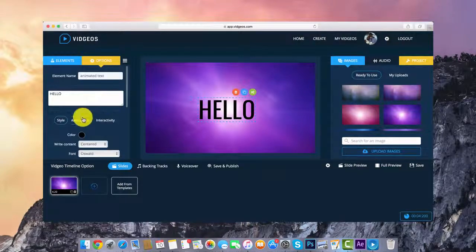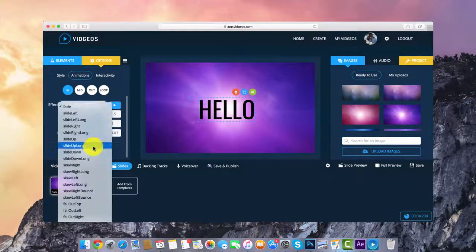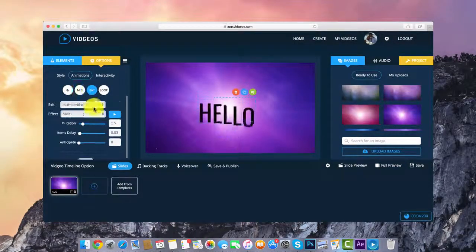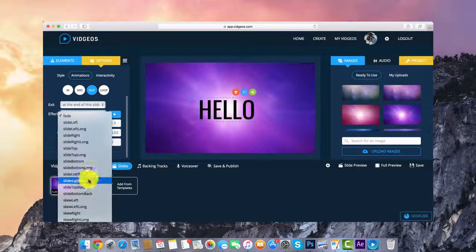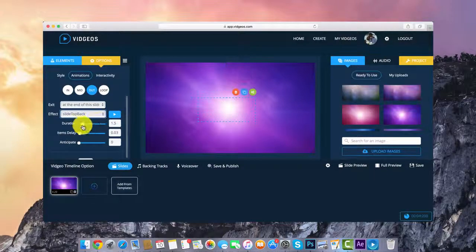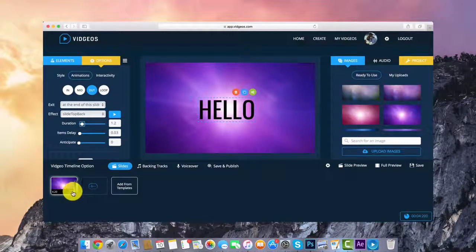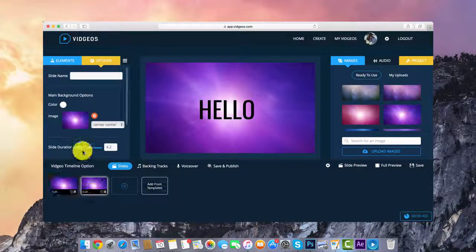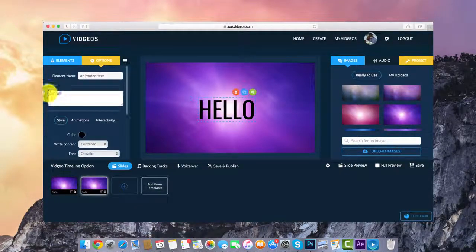And what I'm going to do is add on an animation just quickly by simply slide up long, and then I'm going to use slide top back like this, okay? So I've got a nice animation for my text here. Now what I'm going to do is duplicate this slide by clicking on this button over here to duplicate the slide, and I'll make the slide a little bit longer because I'm going to have some more text on this slide, okay? So let's say